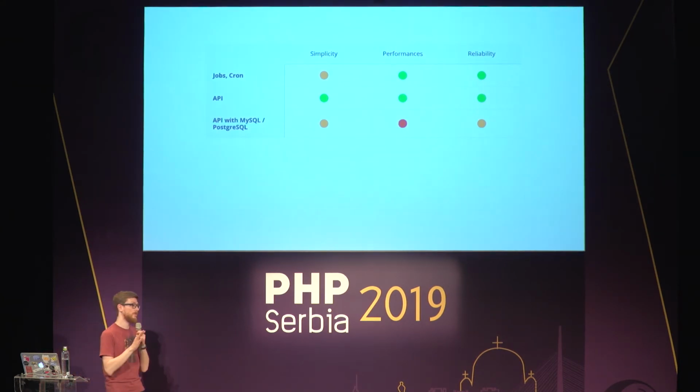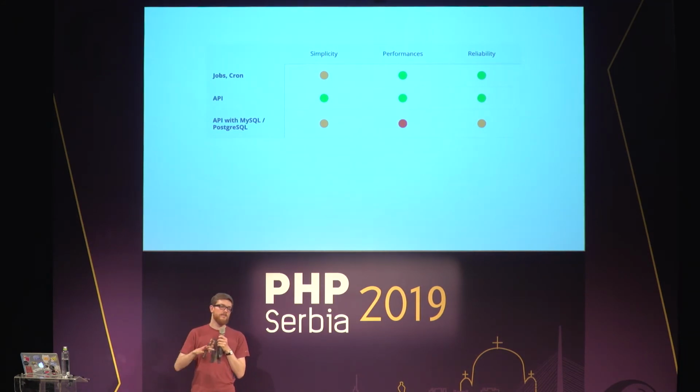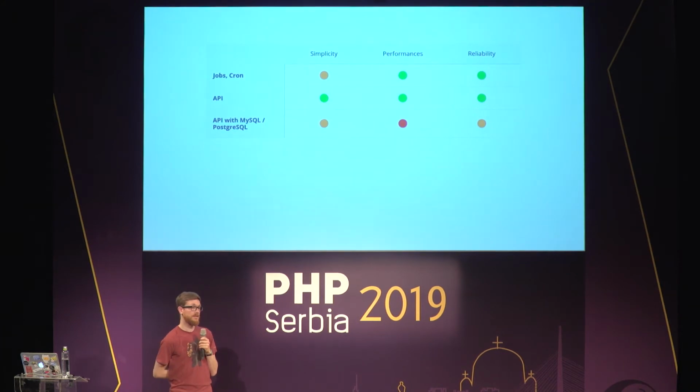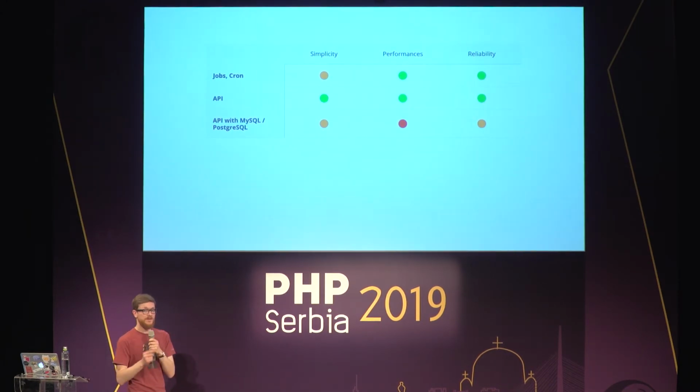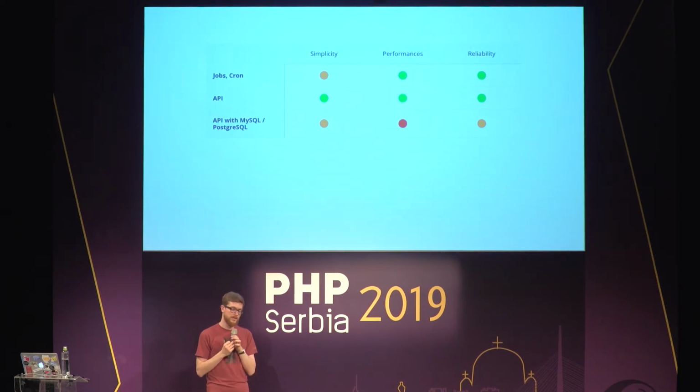Now let's get a scenario a bit more complex, and I've separated from the APIs an API that uses MySQL or PostgreSQL. Unfortunately, there are not problems, but limitations with anything related specifically to MySQL and PostgreSQL. If you want to use these technologies on Amazon with Lambda, specifically with Lambda, you have to expect some very bad performance. Bad performance only for cold starts.